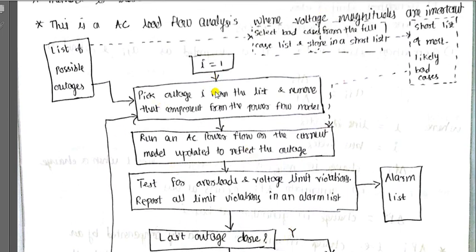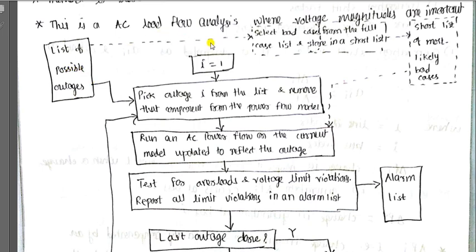Okay, so here we can see that in the beginning, a list of all the possible outages is made. Outages or contingencies are synonym words. First we will be doing the contingency screening and contingency ranking. Then we will find out the credible and non-credible contingencies. The credible contingencies we will list for further analysis. So that list you can consider here: it is the list of possible outages.